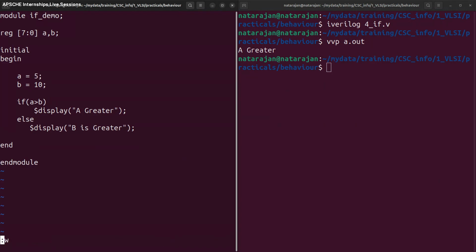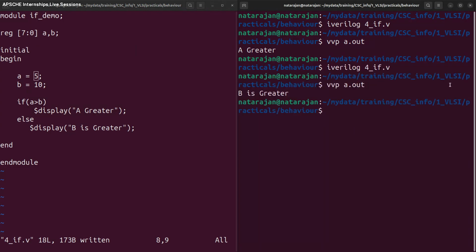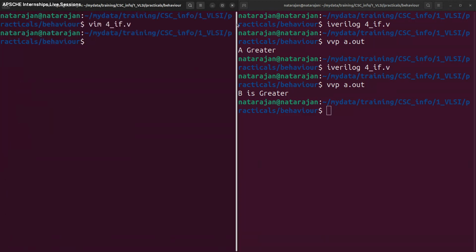Okay, so now the thing is, that's it. This is about the if else. Then if you want to see one example for the nested if, I can show you. It's not a big deal. For the nested if,